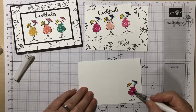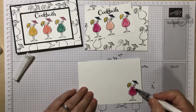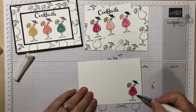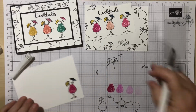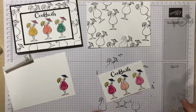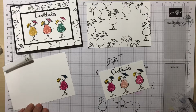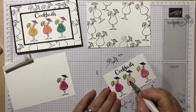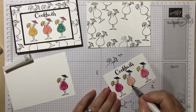You do have to be careful, you don't want to keep going over places because it will slightly dissolve the ink. You can see the ice cube bits getting a little pinker. I've just wiped a little bit off just to make sure that I'm not carrying that ink across to the next colour. So again, I'm going to start on the light one, and you just literally cover it